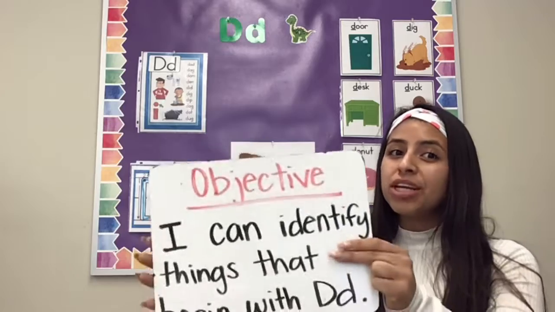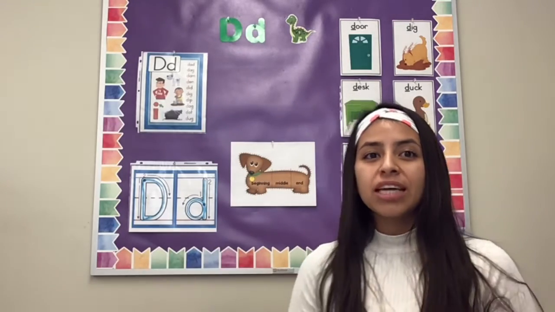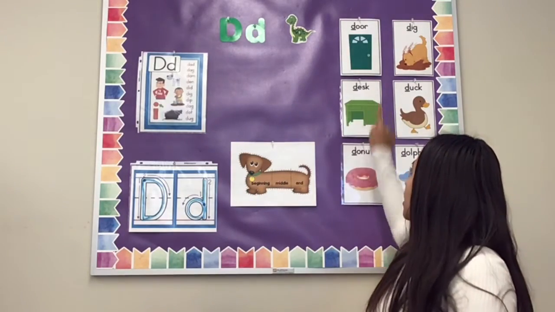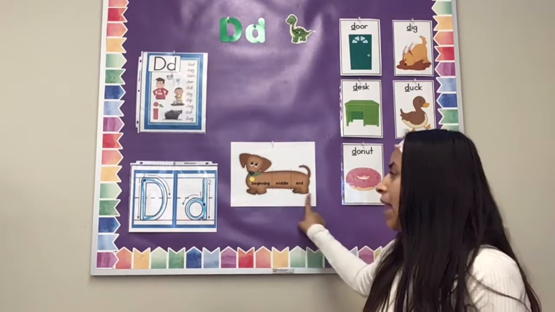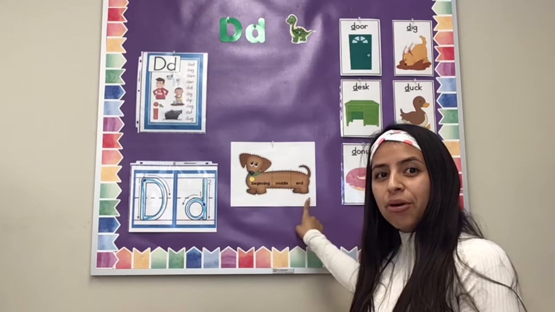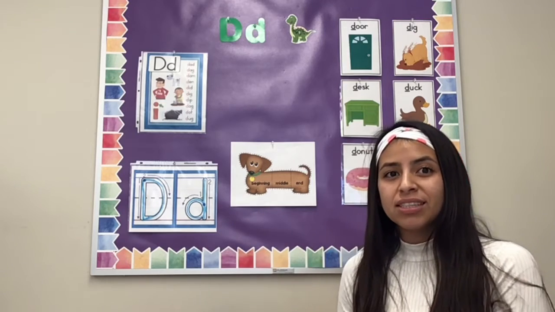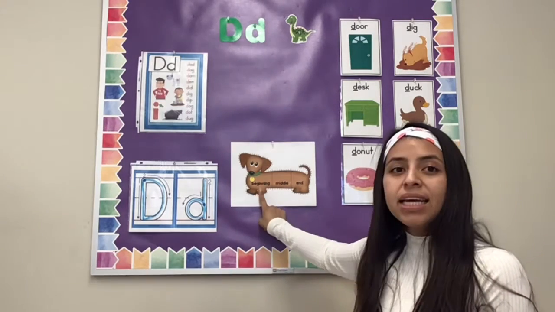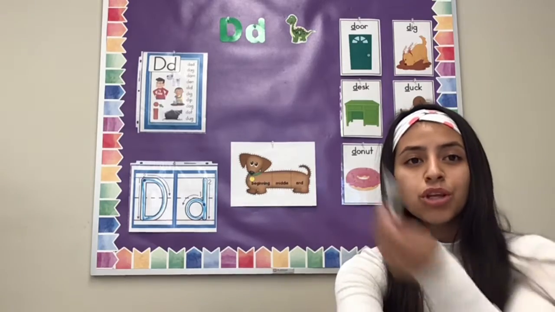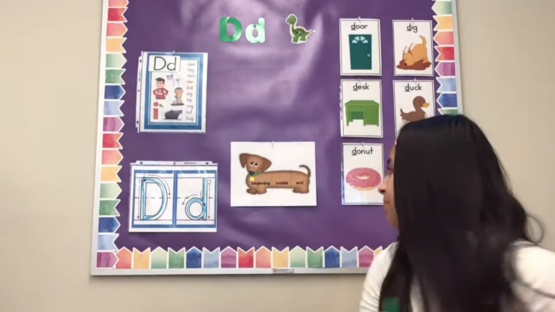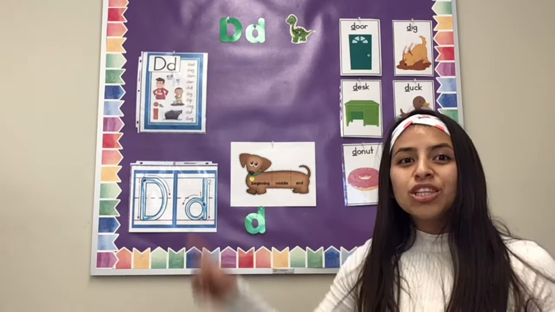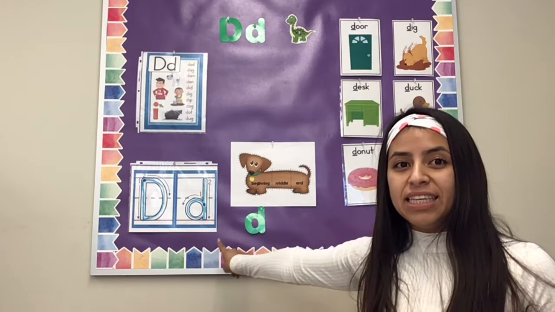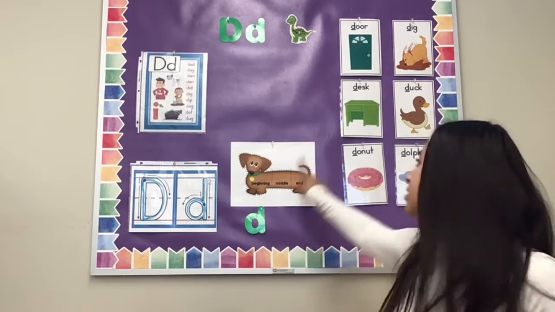So when we're looking at a word, we want to look at the beginning of the word. We are going to look at the beginning. And this is our sound hound. Our sound hound is breaking down our words for us. So he is telling us the beginning is in front. So this is where you are going to find your letter D. Your letter D will always be at the front of the word. So now that you know where to find your letter D at the beginning of your words, now we can